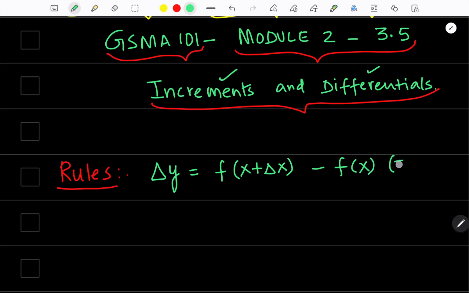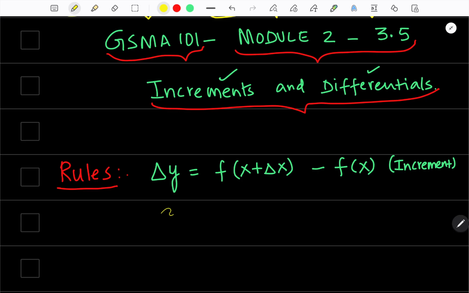This is called increment. So what is increment? Increment is equal to delta y, which is equal to f of x plus delta x minus f of x. It means the increment of y, delta y. Okay, right. The next rule is